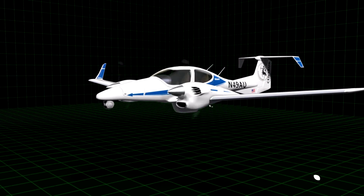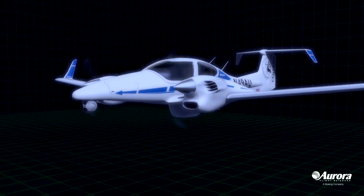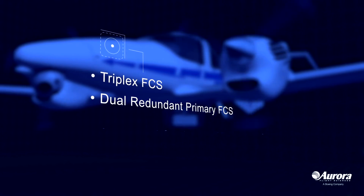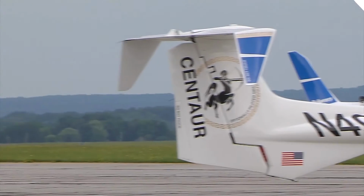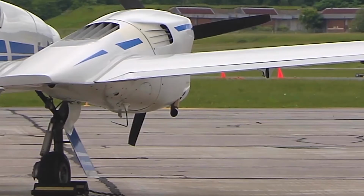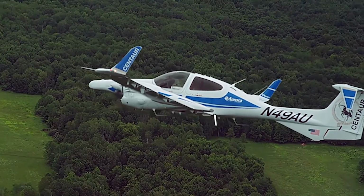Centaur is a highly reliable platform, developed around a twin-engine general aviation aircraft and featuring a triplex flight control system, dual redundant primary flight controls, and an automated contingency management system. With 16-hour mission endurance and robust payload capacity that can loiter on less than 8 gallons of gas per hour,